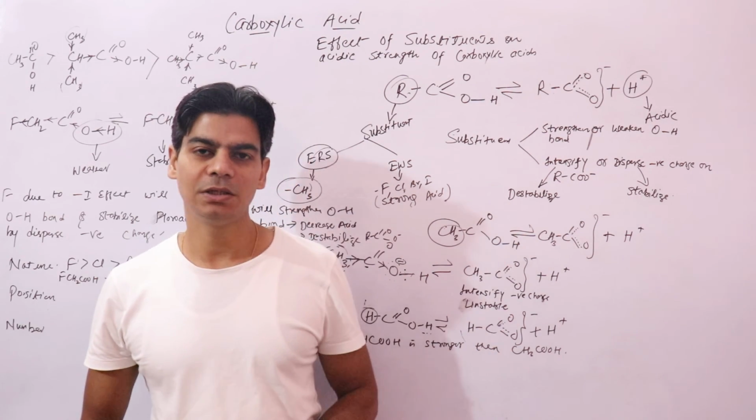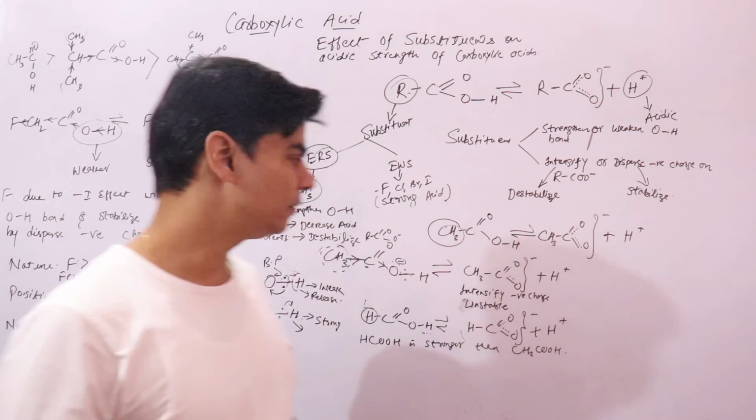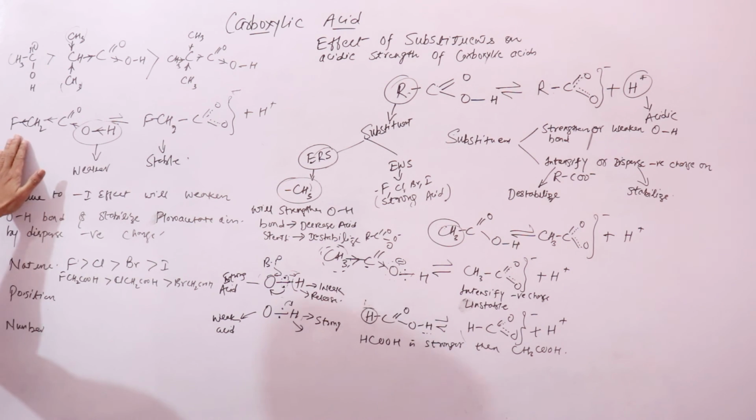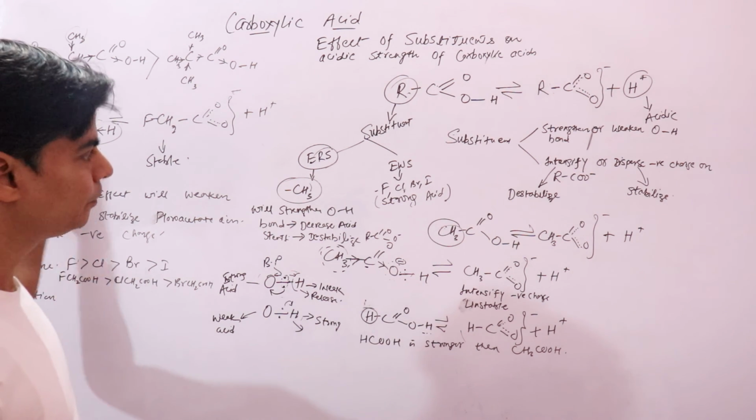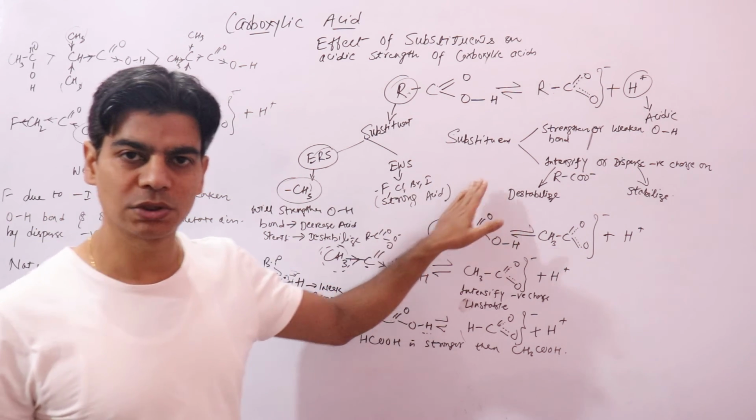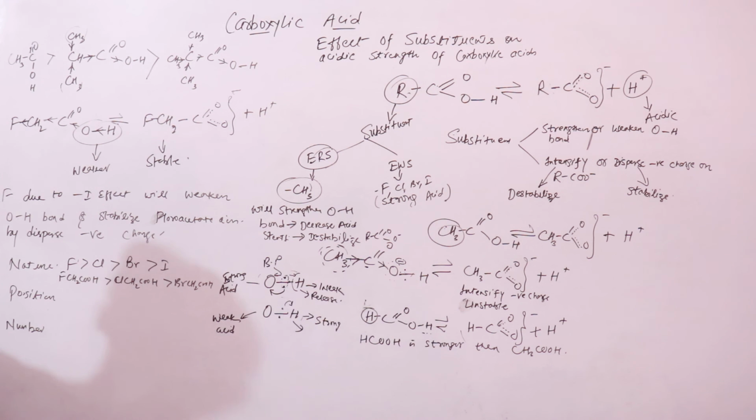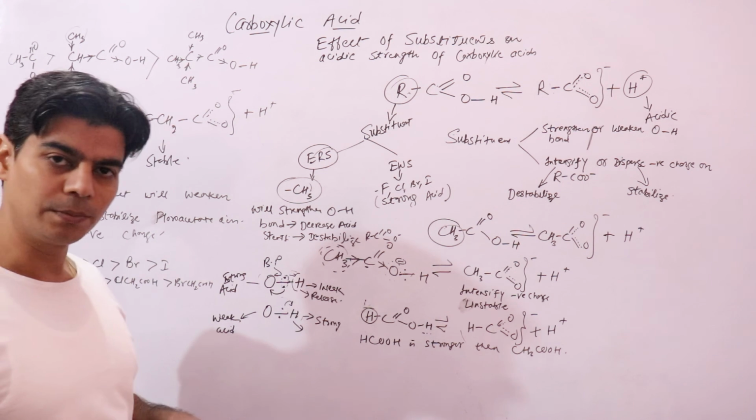Hi everyone, this is in continuation to our previous video lecture where we were discussing the effect of electron withdrawing substituents on the acid strength of carboxylic acid, right? And we studied that fluorine, when attached to the chain of carbon atoms which is directly attached to this carbon atom of the carboxyl group,